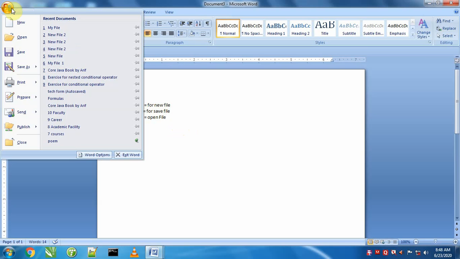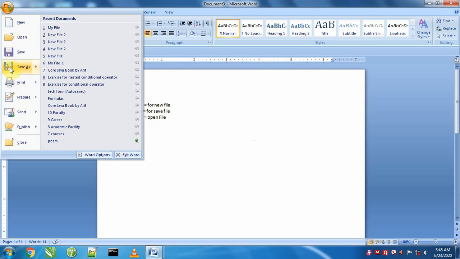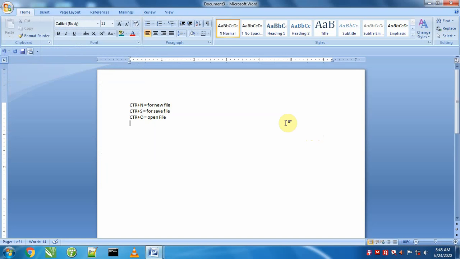Now one more option beside New, Open, Save is Save As. Save As is also a very useful function. With the help of this command we can perform three types of operation. Suppose I took a new file which contains some data.